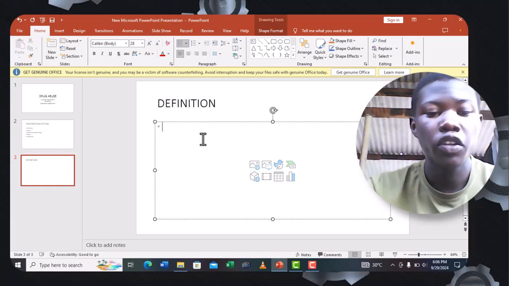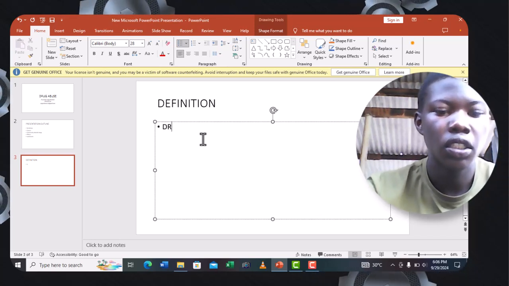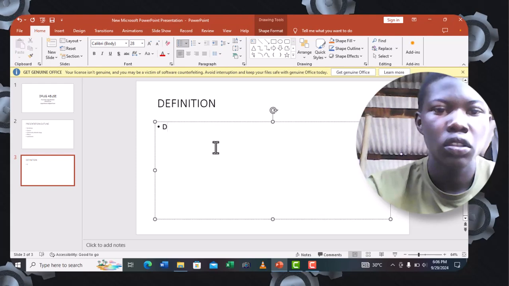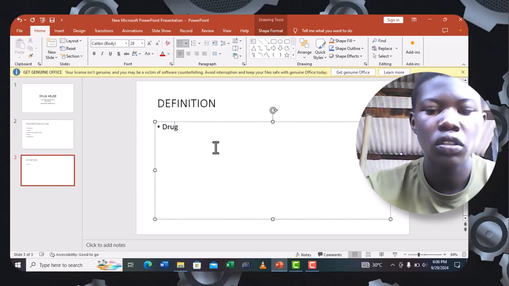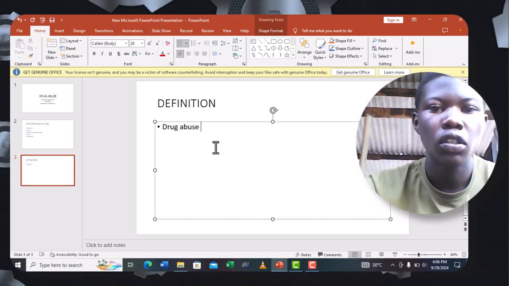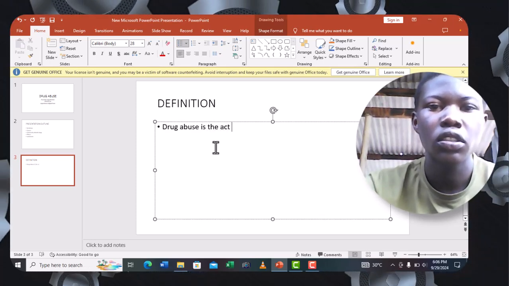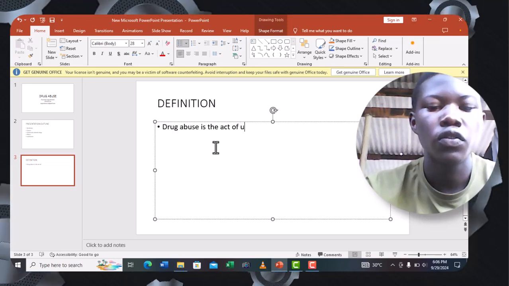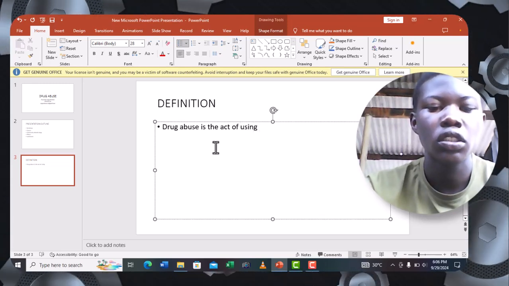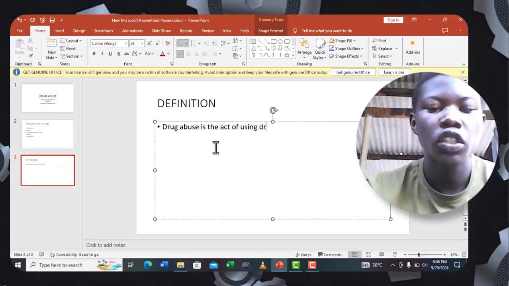Then we are going to define what is drug abuse. Basically, drug abuse is the act of using drugs